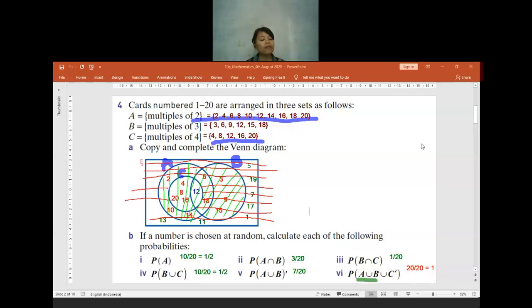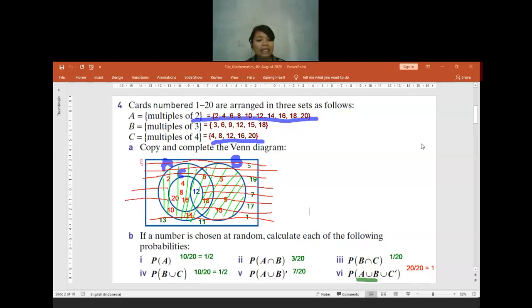So from the very first one, from the A union B, I already put a green color. I will take A and B, all of them, because it says A union B. So it means I have to take whatever is inside circles A and B. But again, for the next operation, I have union C dash. I have to combine it again with all the things outside the circle C.